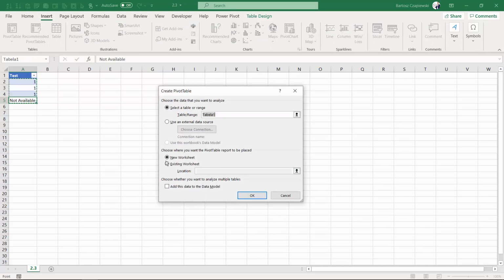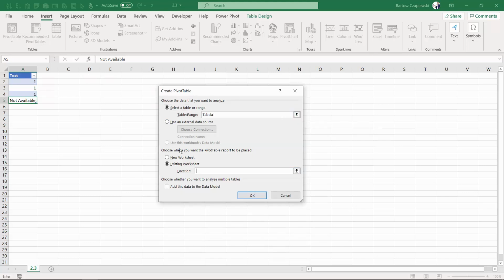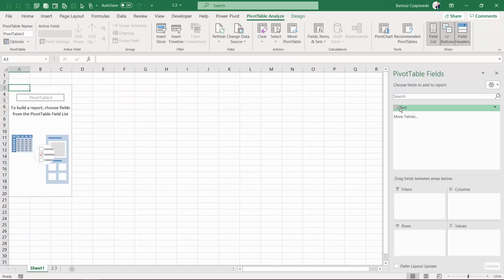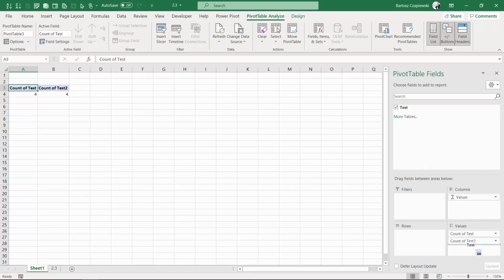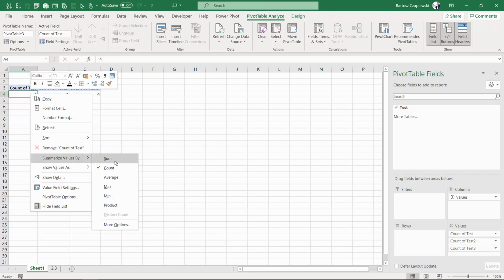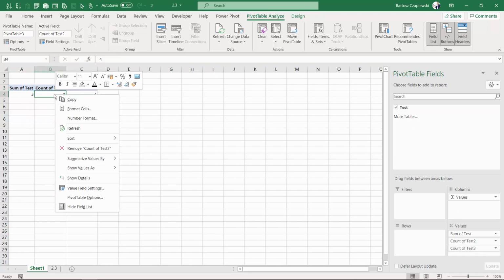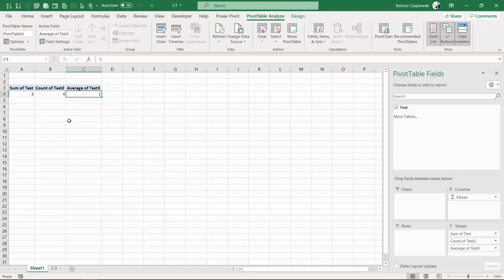We will place it in a new worksheet, although we could use the existing worksheet and place it into a specific location in the 2.3 exercise, but I want to show you the new worksheet option once again. Once we create a target pivot table, which is going to take the sum of the test column, the count of the test column, and also the average of the test column, we are going to copy and paste this pivot table back